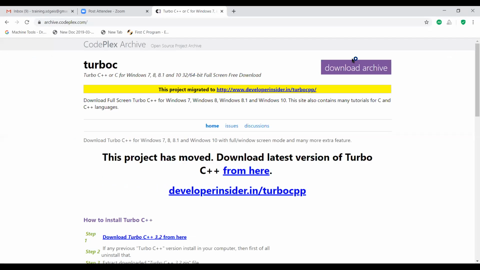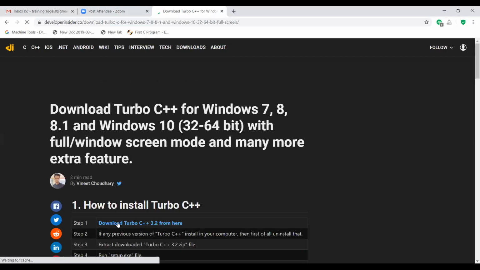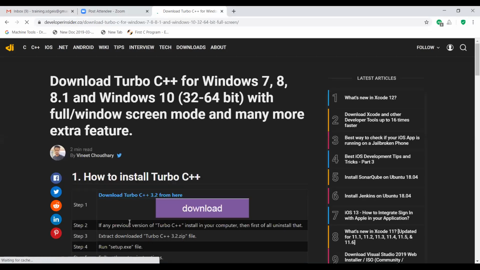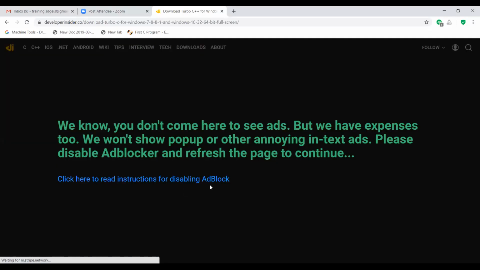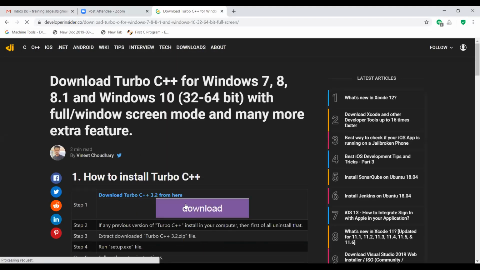Okay, then next step, download here. There is an option here, download C++. Okay, just click that button. Just download.